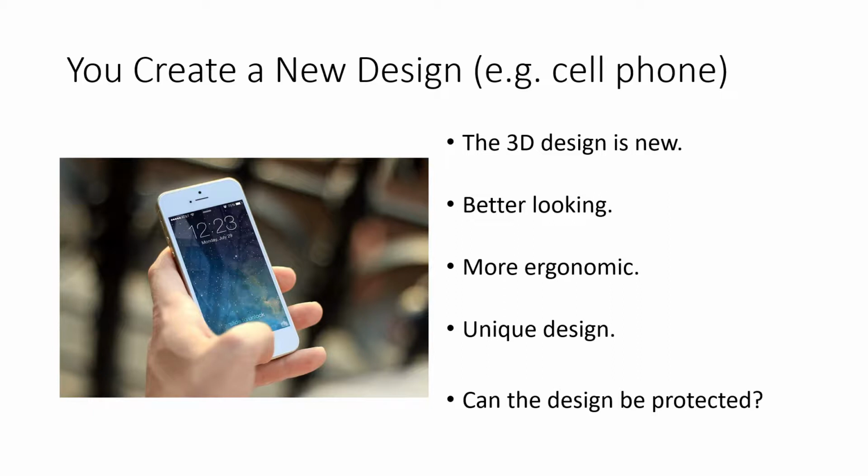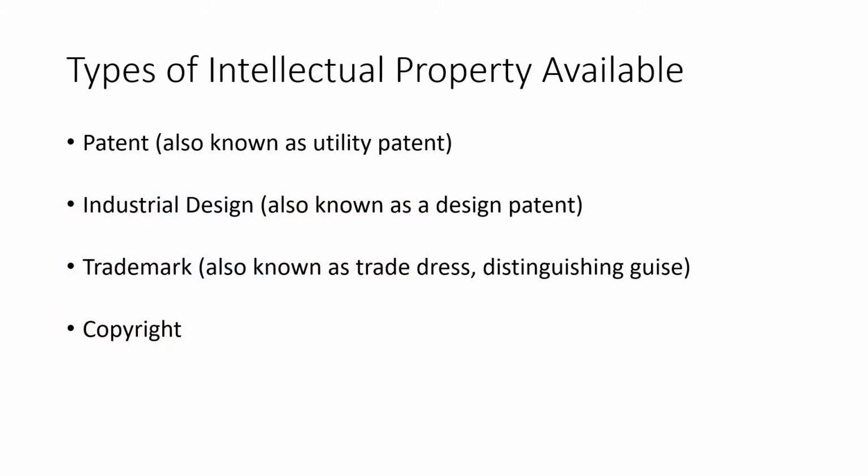Let's look at the types of intellectual property which might be available. The first is known as a patent. Now, in the United States, they're referred to as utility patents. Another form of intellectual property protection which would probably be available are industrial designs. In the United States, they're referred to as design patents, but here in Canada, it's just referred to as